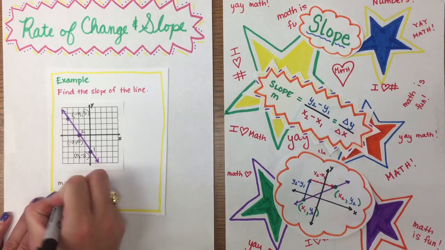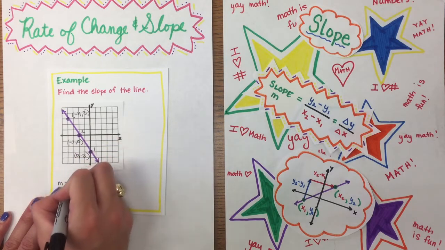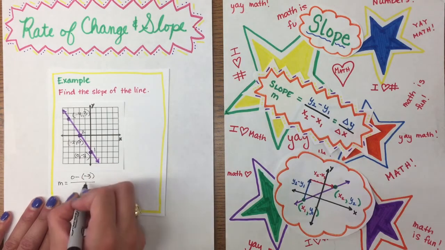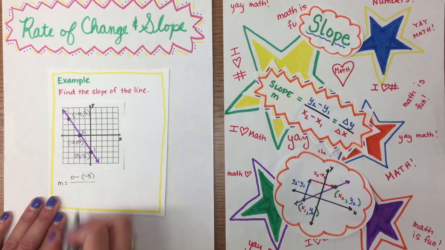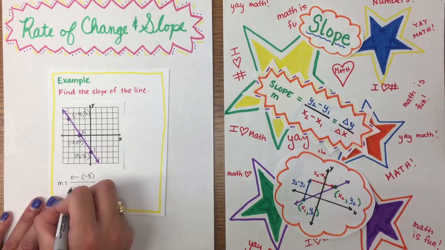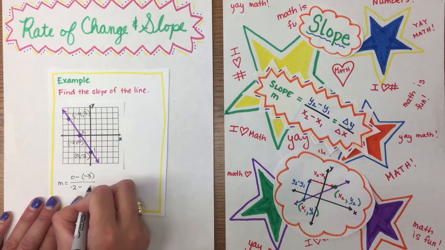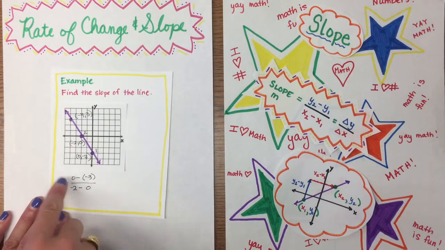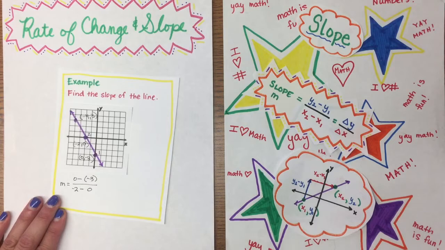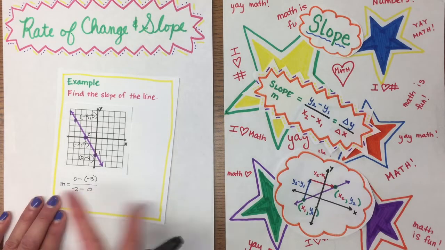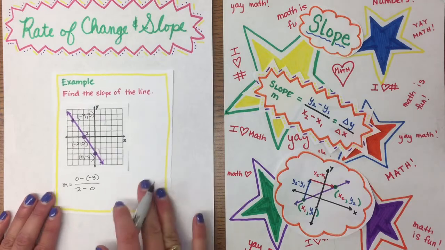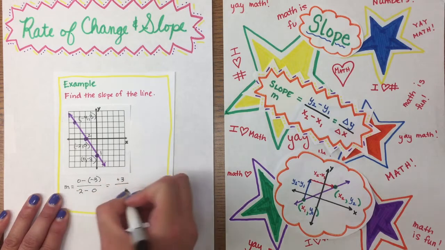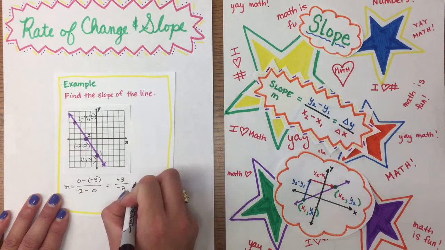So my slope here is equal to y2, which is 0, minus y1, which is -3. Make sure you put that in parentheses, because of the negative minus a negative, divided by x2, which is -2, minus x1, which is 0. Ordered pairs are stacked. I have the ordered pair -2, 0, and the ordered pair 0, -3. It's really easy to make a mistake and flip these, and then you won't have the correct slope. 0 minus -3 will be +3. -2 minus 0 is -2. So this is the slope